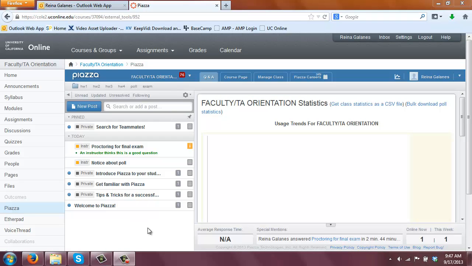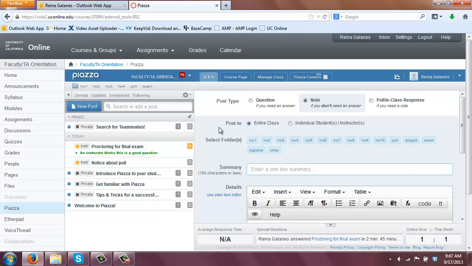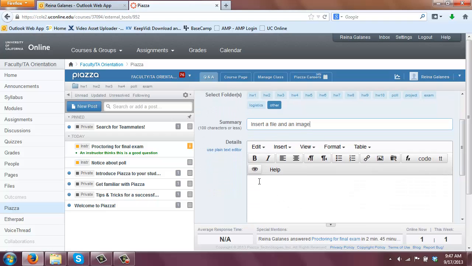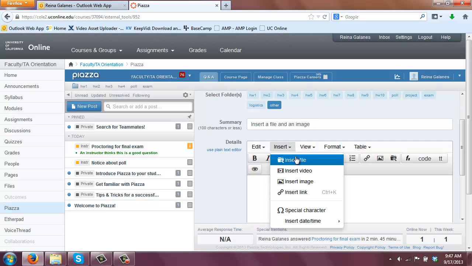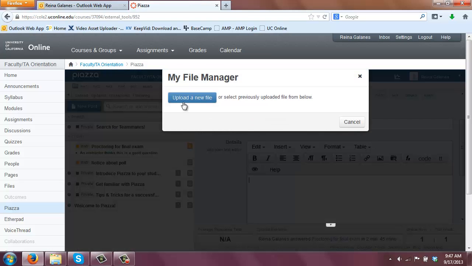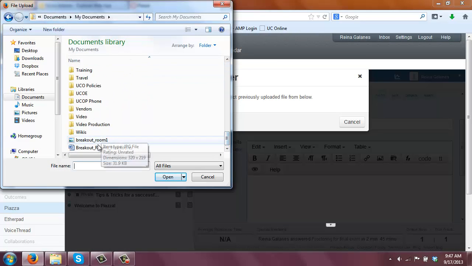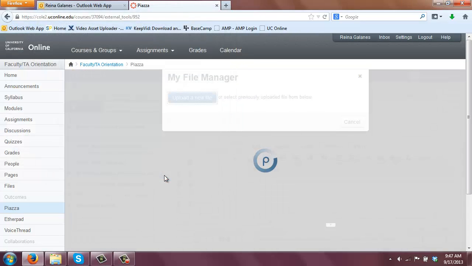Okay, so earlier I had talked about when you're entering a new post that you can insert files and images, and so let's review how to do that. So I'm creating a new post with a folder of other, and I've entered my summary. So under insert, first I'm going to start with a file, and it's going to take me to my hard drive. So let me start with clicking a file,